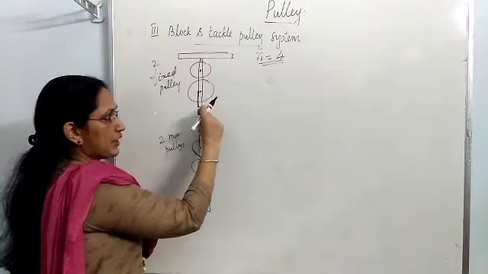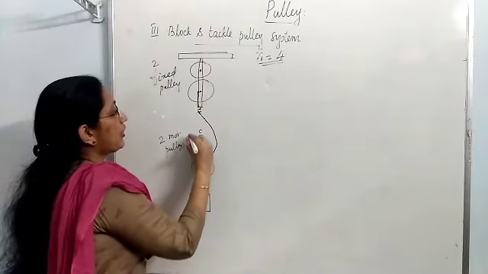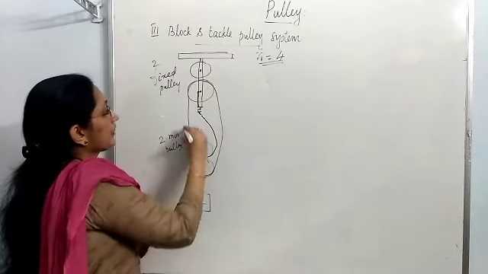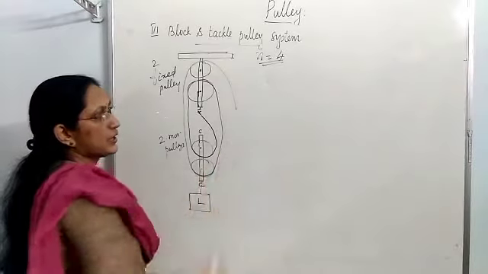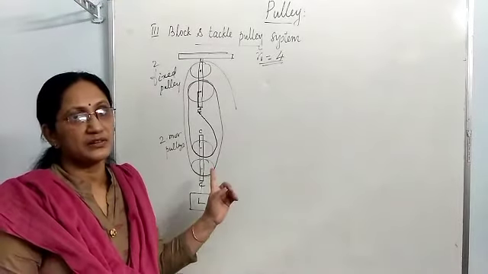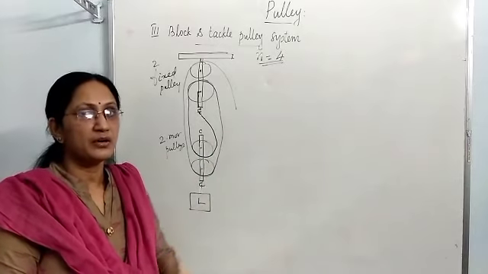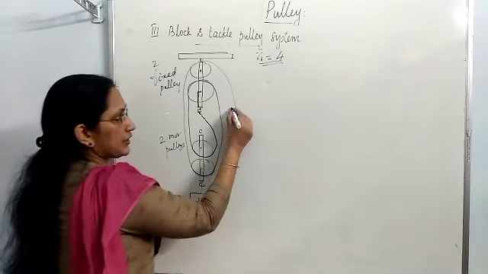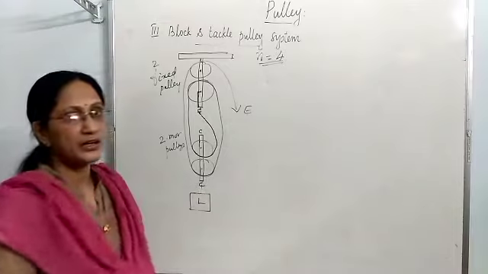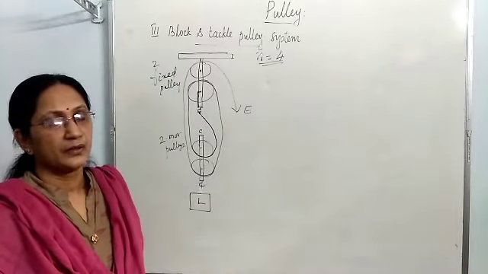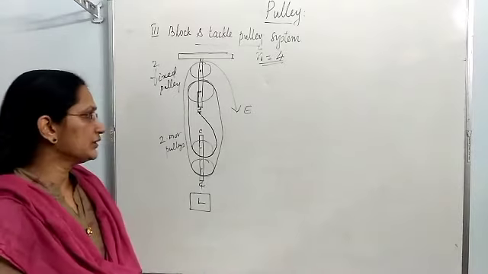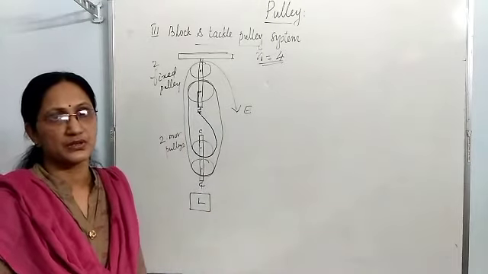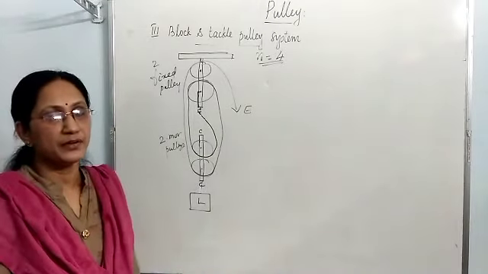From the upper hook we have come to the lower block. From the lower block you have to go to the upper block. Again lower block, again upper block. In this way you have to wind the rope. You can see one thing, the rope passes over every pulley once. That is the correct way of passing the rope. Then at the free end you have to apply the effort in the downward direction. This is the diagram. Only a single rope is used, and that same rope passes over every pulley.